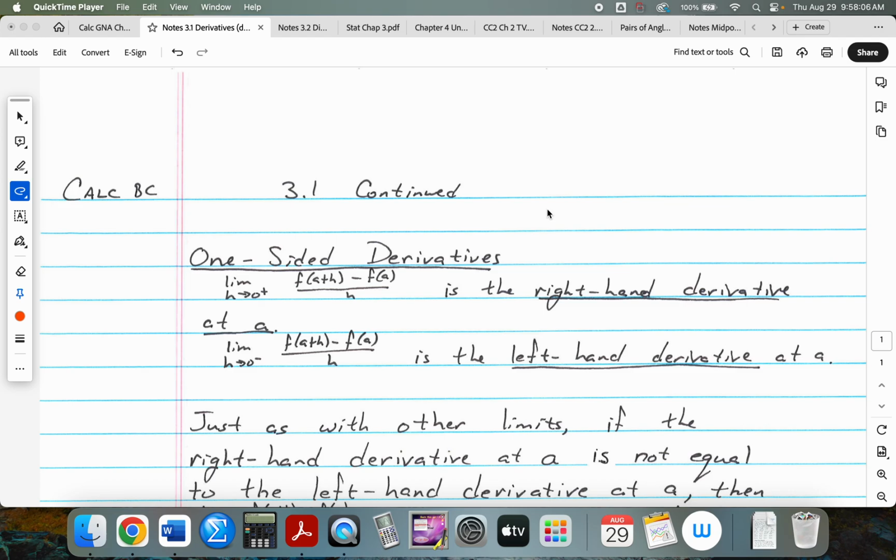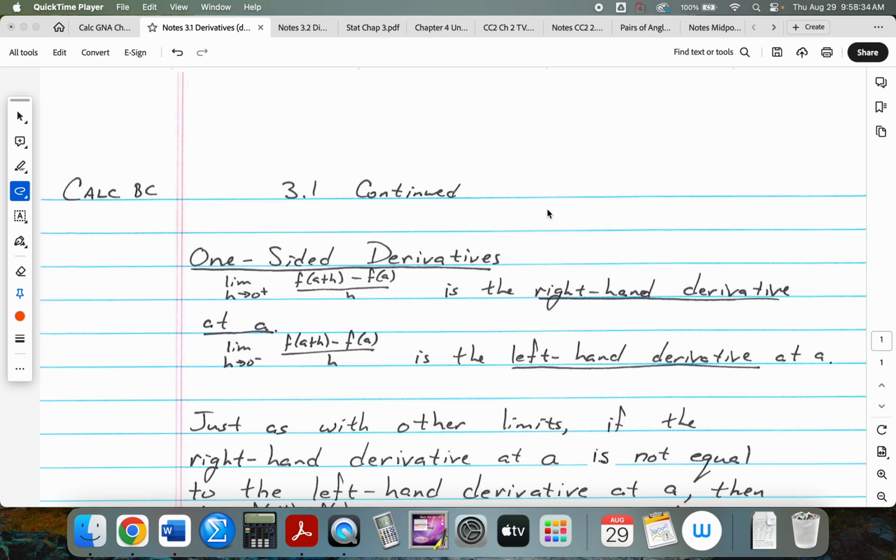So today we'll look at one-sided derivatives. By definition, and by the way, this is not something that the AP exam ever explicitly asks about, but sometimes it helps to understand this to be able to explain things that they want explained in the next section. So the limit as h approaches 0 from the right of f of a plus h minus f